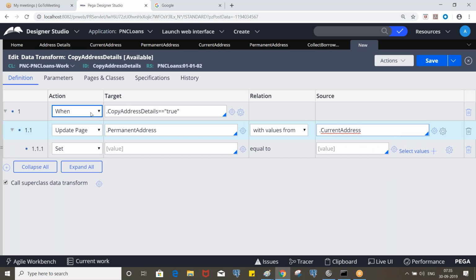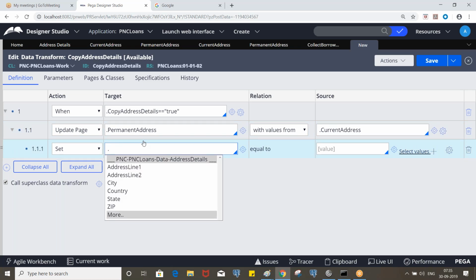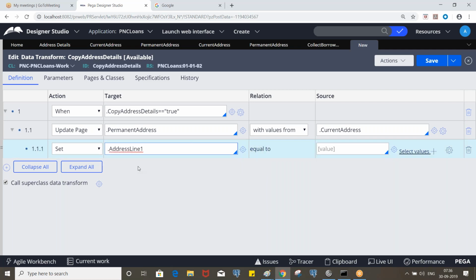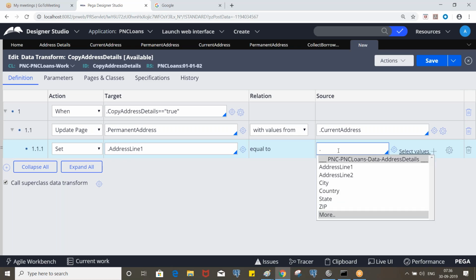Now see, if this condition is satisfied, then only it will come to 1.1, and then the subsequent steps, 1.1.1, then 1.1.2, etc. This is the permanent address, right? We'll be able to use all the properties in the subsequent steps like this. See the page reference, see the class: this is address details. That means this is permanent address dot address line 1, and what is the source?